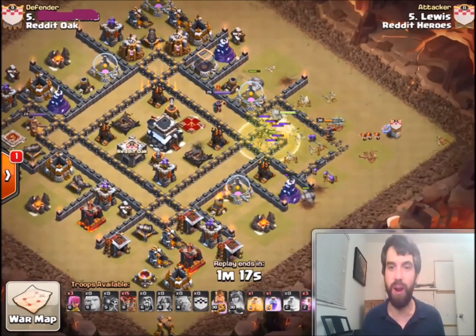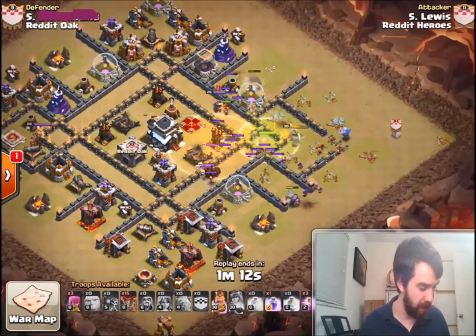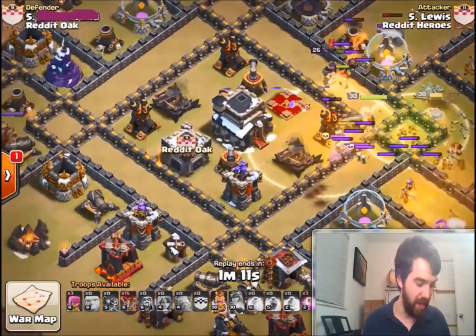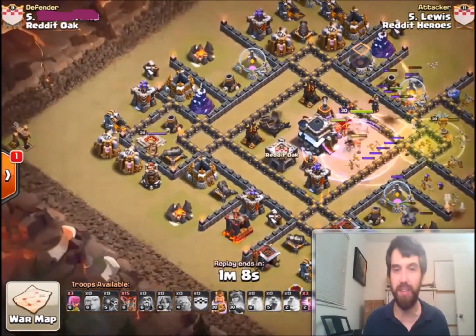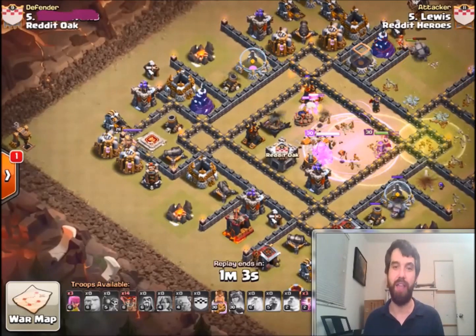Is the CC gone already? There the CC goes. The bowlers are coming in. Everything is funneling in perfectly. We have the jump. A couple of Valkyries go off to take out the queen, and they sort of feed her off with some weird pathing, but there are enough Valkyries in the center, and we've got the king,